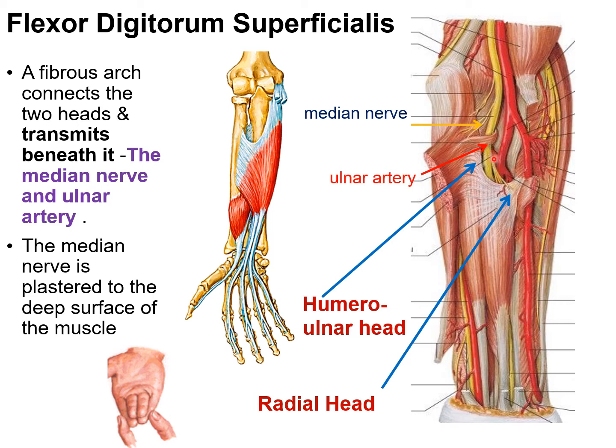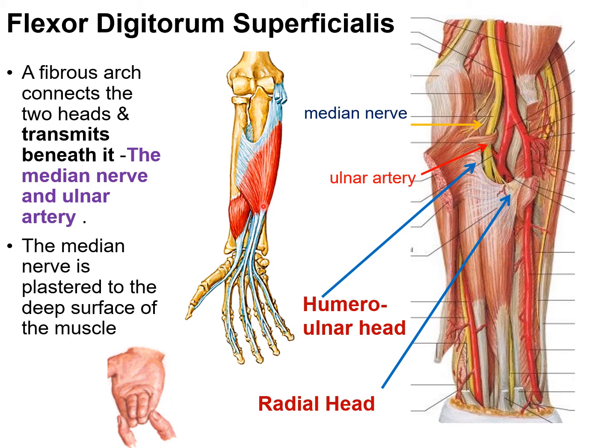The median nerve is seen to be plastered to the deep surface of this muscle. The muscle usually separates into two strata directed towards digits 2 to 5. The superficial stratum, derived mostly from the radial head, divides into two tendons for the middle and the ring finger, and the deep stratum gives off a muscular slip to join the superficial fibers and then ends in two tendons for the index and the little finger.